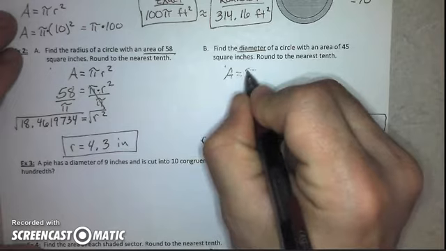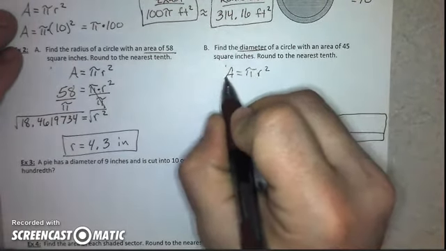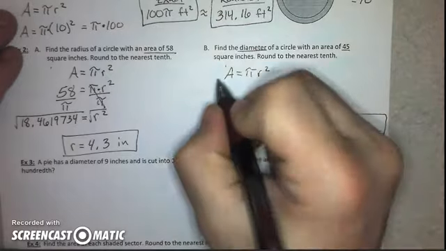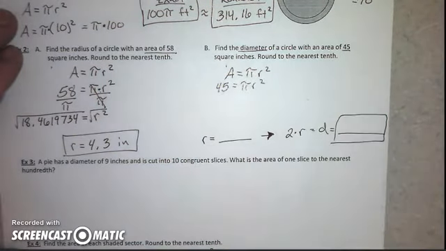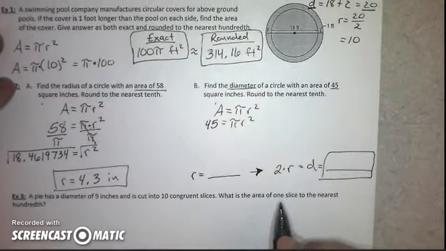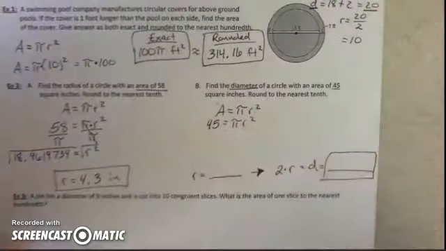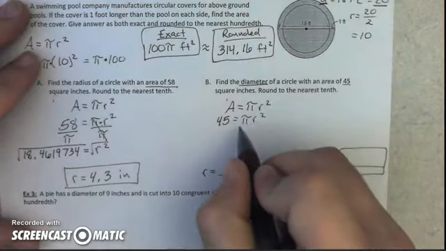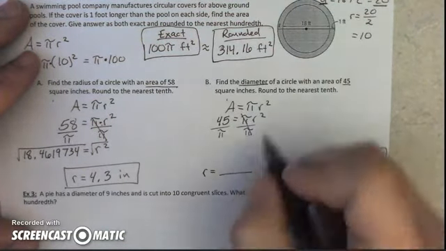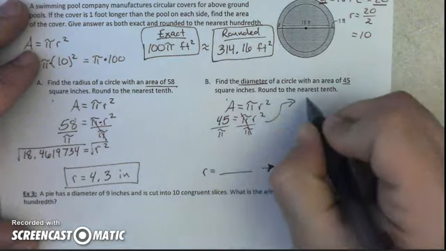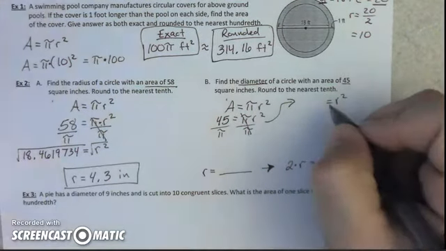Okay, we start with our formula. Area equals pi r squared. Okay, the area given to us is 45 square inches, so we put in that for A. Okay, once again, the next step, sorry, let me get out of the glare. Okay, the next step is to divide both sides by pi to cancel that out. So we get that r squared is equal to,